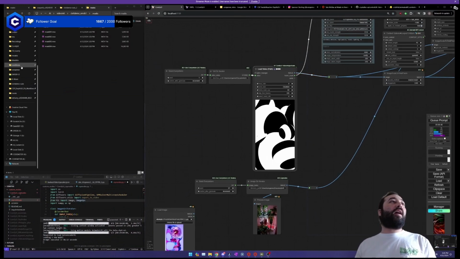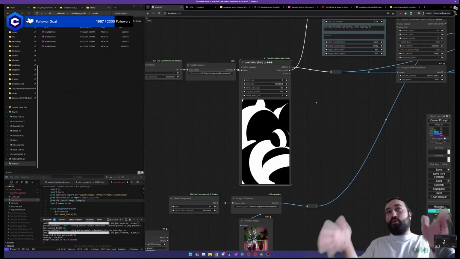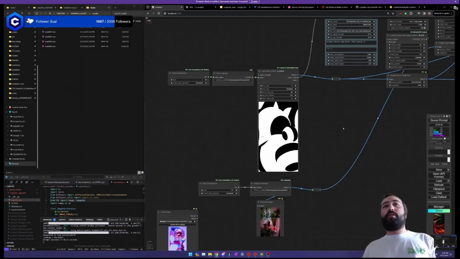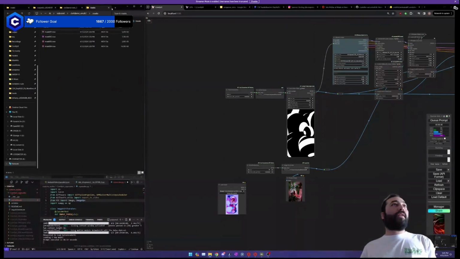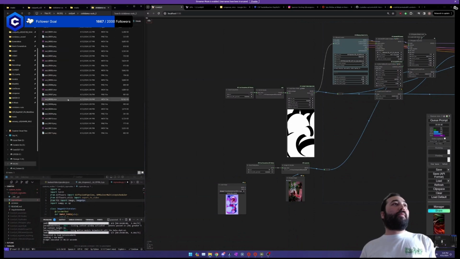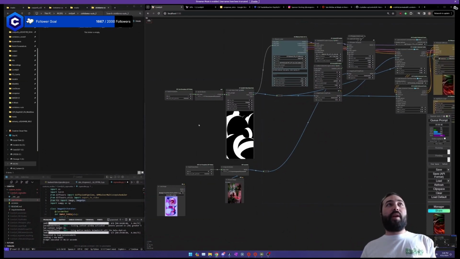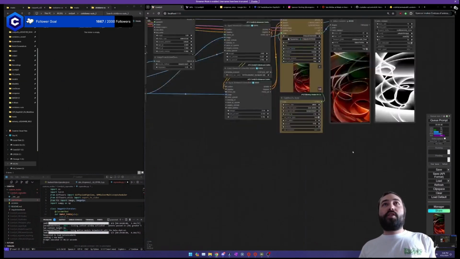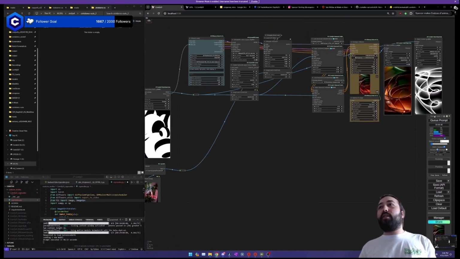So we're going to do 60 frame loops now, and I'm going to reduce this to every 2. Since the loops were 120 frames and we're skipping every 2, the total frames is 60. So that should still produce the loop. Let me go to my outputs here. I'm going to delete these first ones because I don't want them at the wrong frame amount. This should be all good to go. So I'm going to hit extra options, auto queue, and hit go.